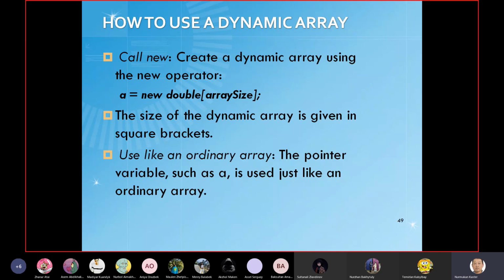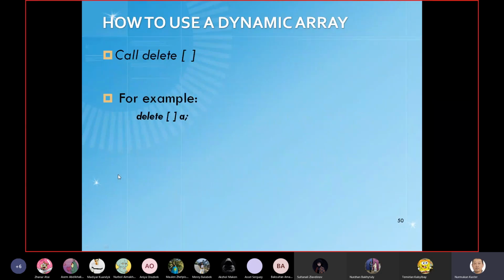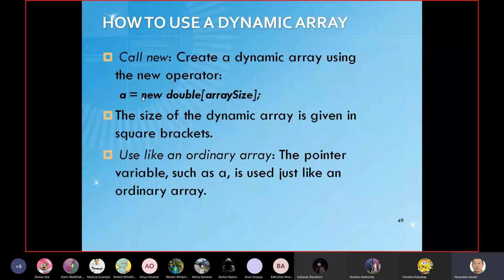So keep in mind, when you create with new, you just delete it. And sometimes when you use new, it means you have already implicitly used a pointer. Don't think that it doesn't have the asterisk,